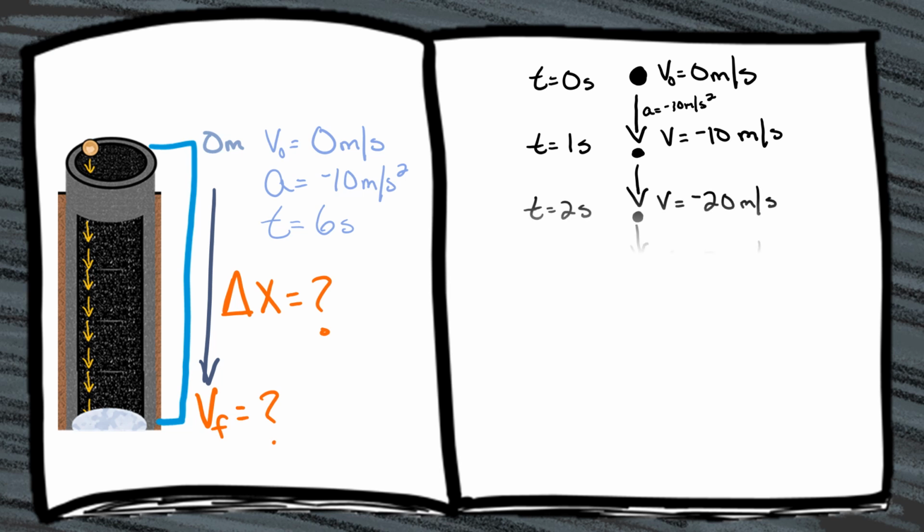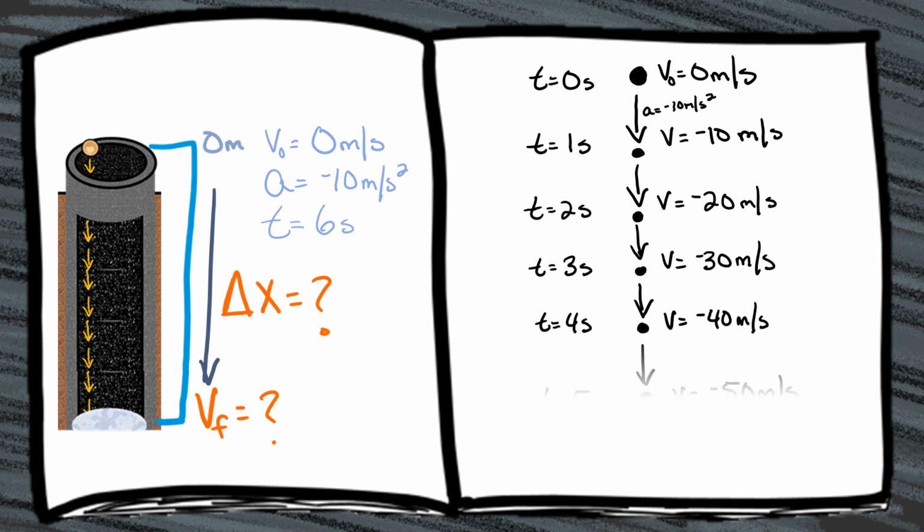Then at 2 seconds, it was now negative 20 meters per second. At 3 seconds, it was negative 30 meters per second. At 4 seconds, it was negative 40 meters per second. 5 seconds, it was negative 50 meters per second. And finally, at 6 seconds, when it hit the water, it was negative 60 meters per second, which is actually one of the variables that we're looking for. But keep in mind that we could solve the same variable using our kinematic equations rather than having to go second by second. So now that we have covered the first step, which is to list out our variables,